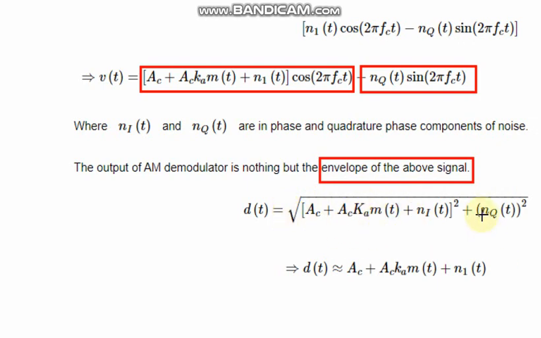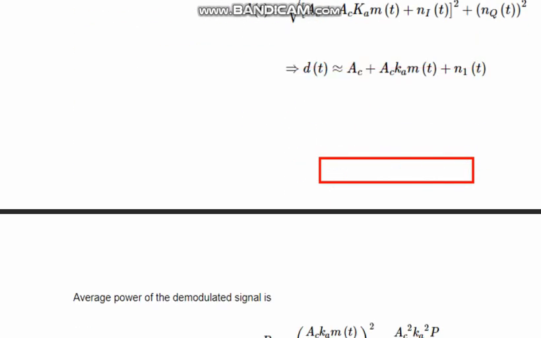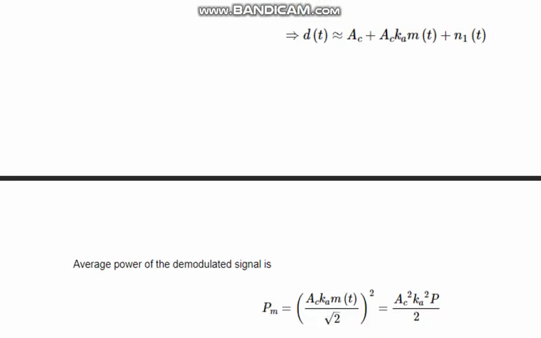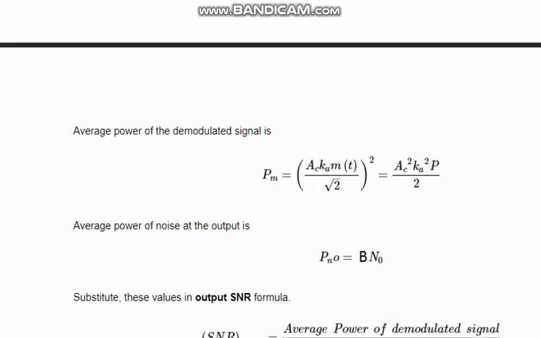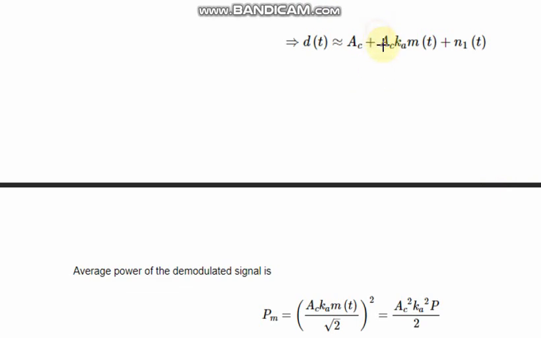If you solve this, it becomes approximately equal to Ac plus Ac ka m(t) plus nI(t). Why am I saying this? Because the second term does not contain the message signal, so we concentrate on the first term only. Okay, now let us see how the output signal to noise power is calculated. In this term, this part is only the message signal, so we will calculate the average power for this term only, that will be